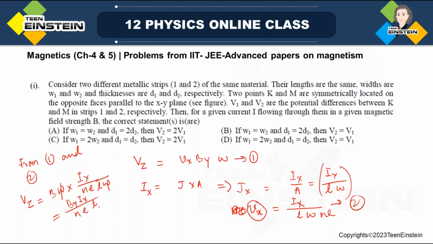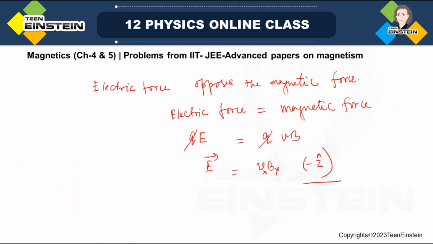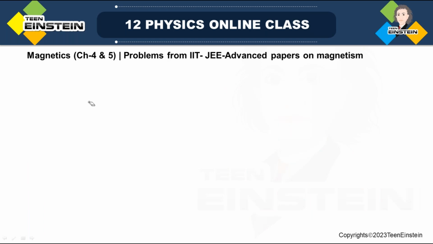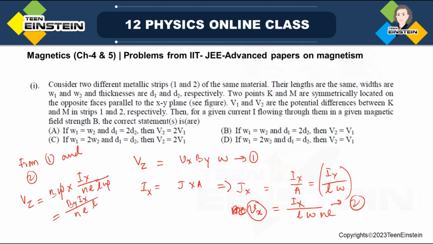I'll write it down here. Okay, I may have one more page. Yes. So I have got Vz, the potential, to be Ix By by Ne and L. Ne is the charge. I can write that as Q also. See, we have got now the potential. The question was when D,